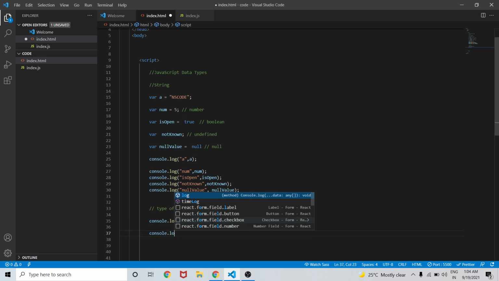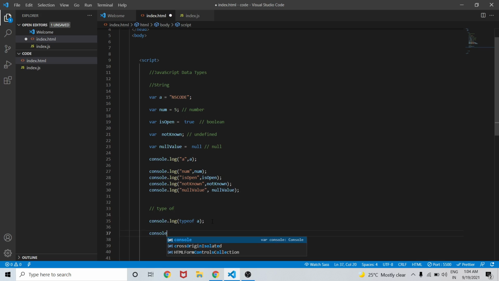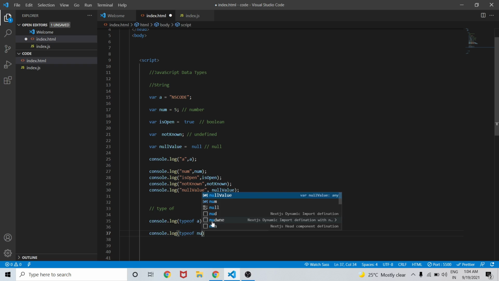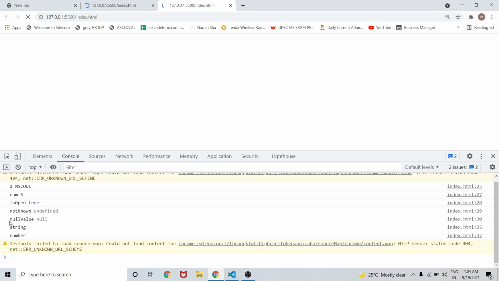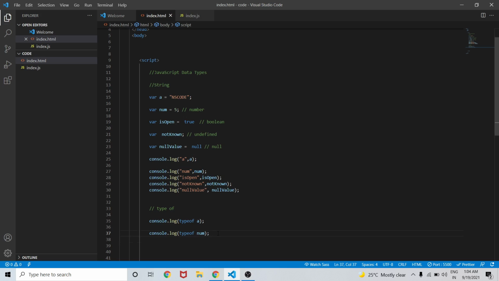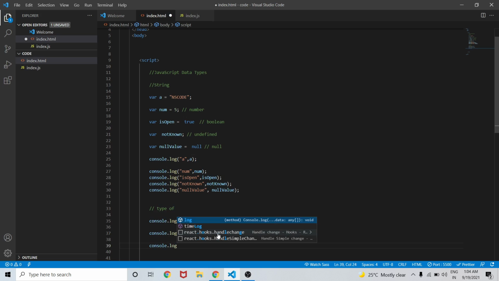The type of the value assigned to variable a was string, and if I check console.log typeof num, it should be coming as number. In a similar fashion, console.log typeof isOpen should give boolean. As you can see, it is boolean.